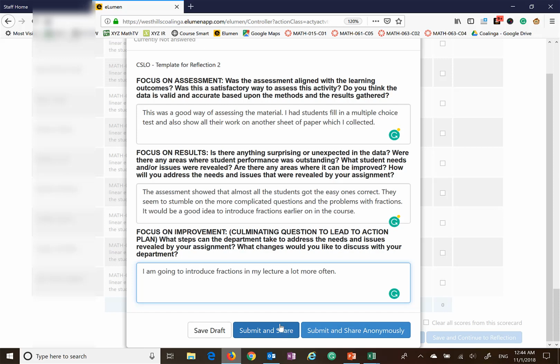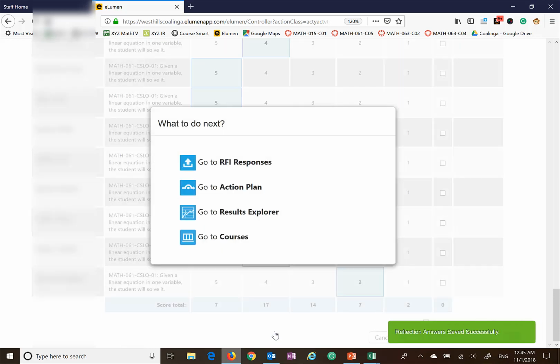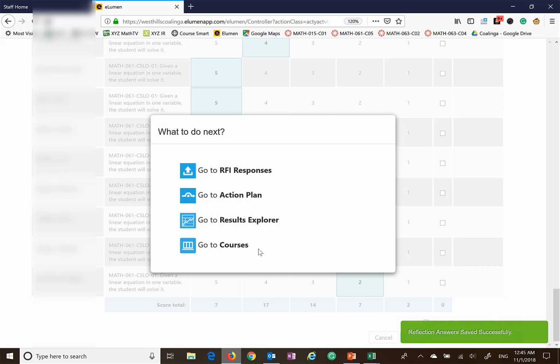Here at West Hills College, we normally use this button here, just because if time for program review comes around and we want to see if there was any particular things to highlight in the program review, we want to be able to contact that faculty member to see their opinion on things. So I'm going to click submit and share,